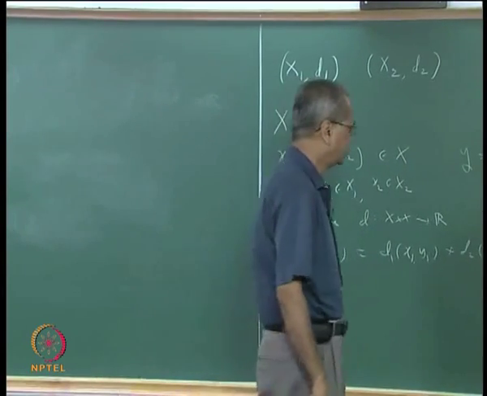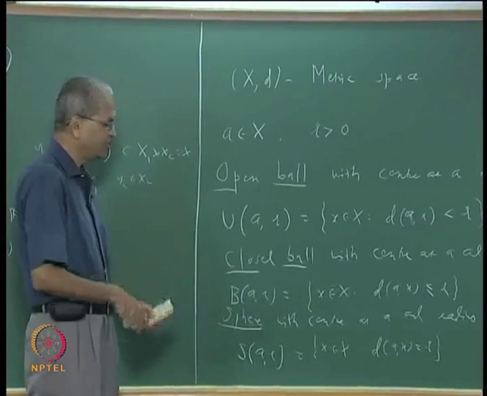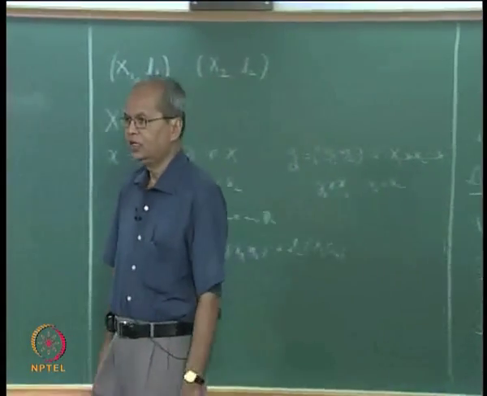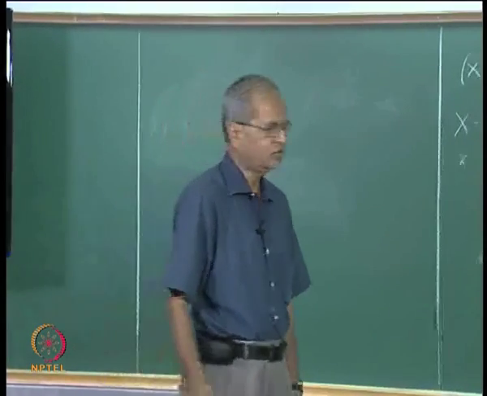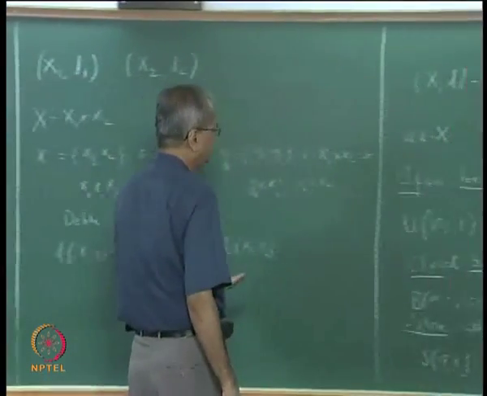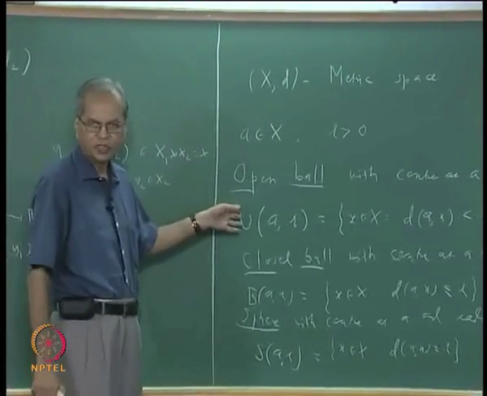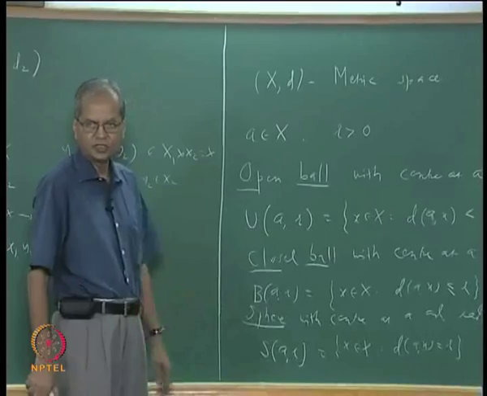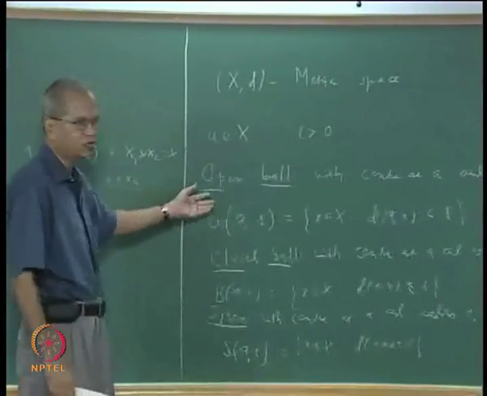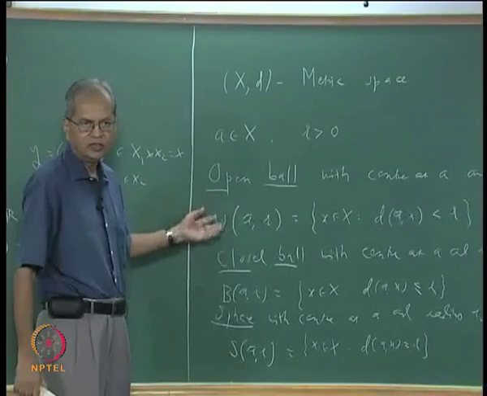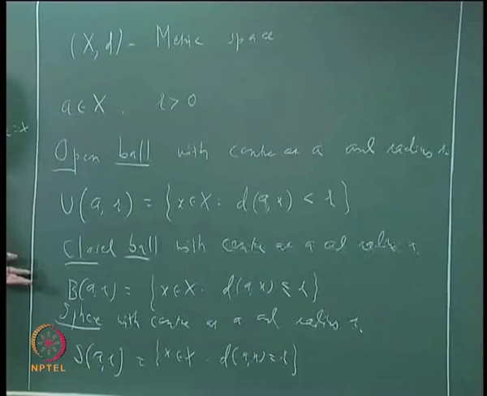Okay. There is one more thing I should mention here, which is that unfortunately this terminology is not very standard. Okay, different books follow different nomenclature for this, because what we have called open ball, in Simmons' book you will see the same thing is called open sphere. Okay, and this is called closed sphere, etc. And in Rudin you will see that the same thing is called a neighborhood of A. Okay, and in some books this is called open disk, and this is called closed disk, etc.